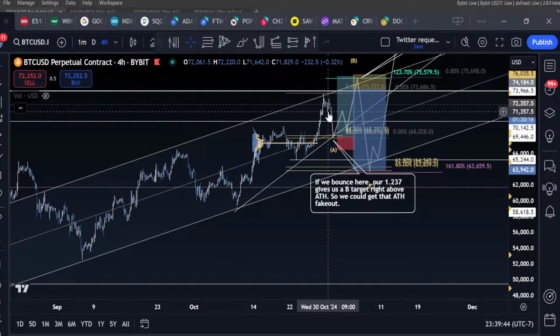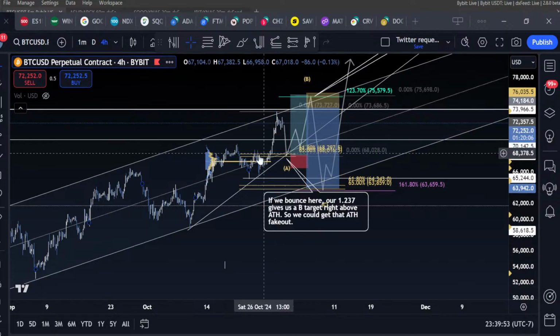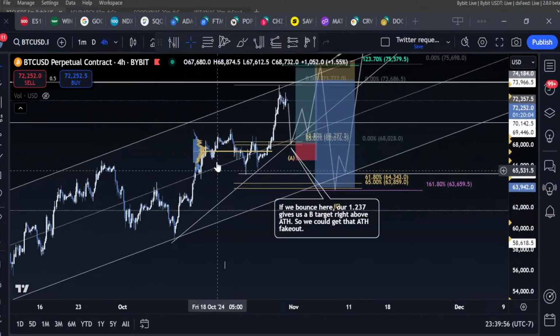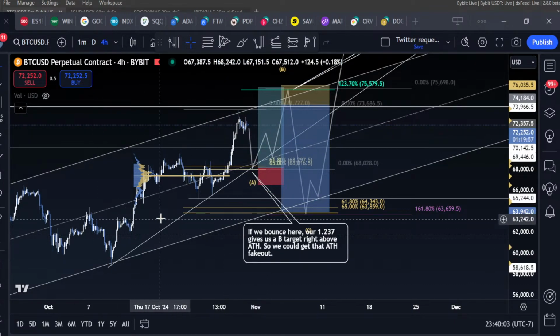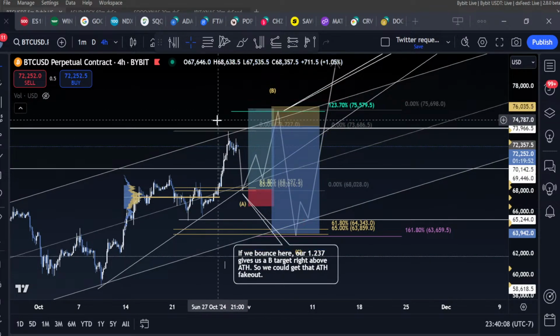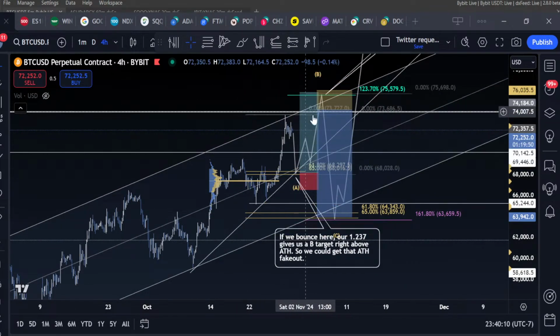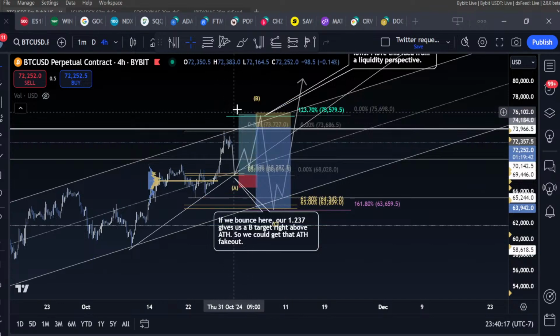Putting in what would be a higher degree 1-2, which is what we're going to talk about in the higher time frames. So putting in a higher degree 1-2, there's two major structures below us, which is this ascending structure. So coming down, the $68,300 region, wiping out some liquidity, holding up this ascending structure, running the highs. And there are some ideas of breaking out here, but I quite like the idea of running the highs and putting in an expanded flat for our 1-2, and I'll put that count on shortly and go over some of those ideas.